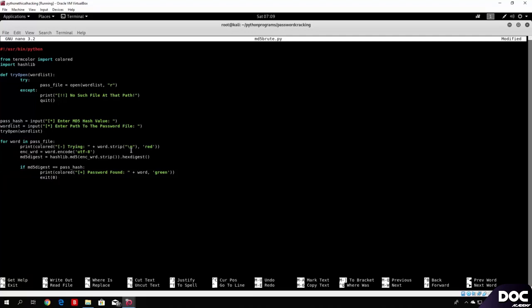So let us see if everything is correct. We read the word from the password file, we print that we are trying that current password, then we encode it with UTF-8, then we make an MD5 hash out of that encoded word, then we compare the MD5 hash with the hash value that the user specified at the beginning of the program, and if they do match,